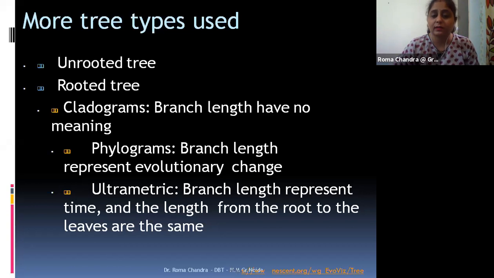Then there are ultrametric trees, where the branch length represents time, so it is dependent on time. The length from the root to the leaves is considered to be the same. We are not changing the branch length in ultrametric phylogenetic trees.